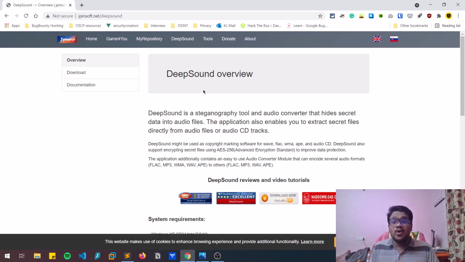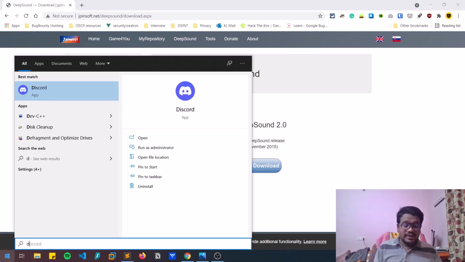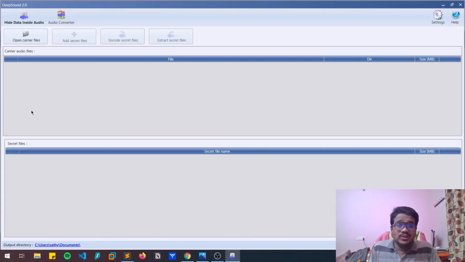Also, if your main machine is not Windows, then you can try this out on a virtual machine or anything like that. You can simply download it. You will get an MSI file, and you can simply double click, and you will find the thing is installed. Now let me launch this application. I will leave the link for this application in the description below as well. You can check that out from there.